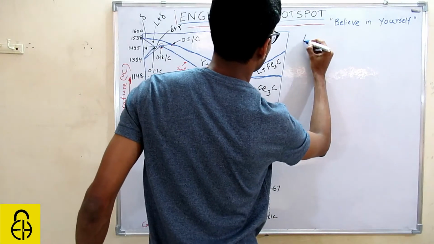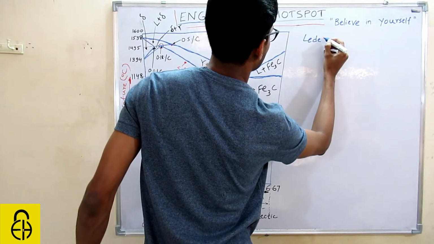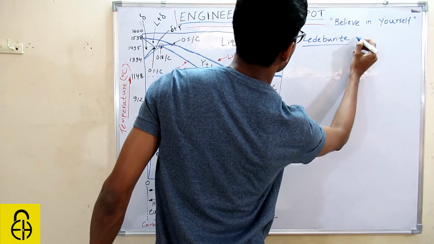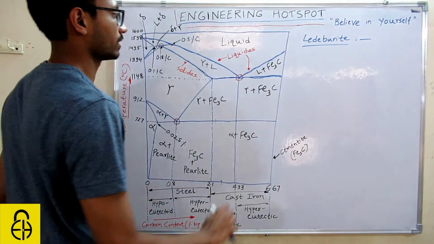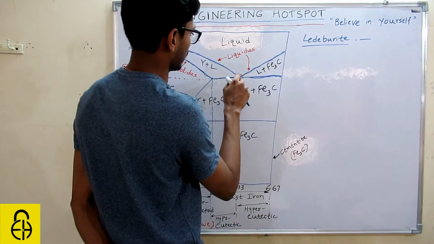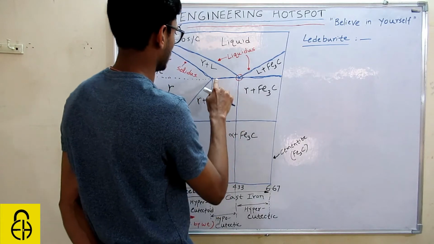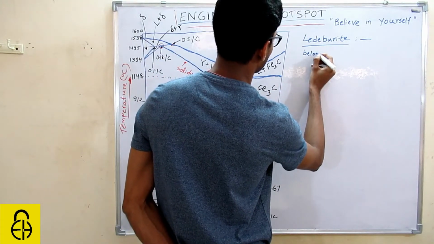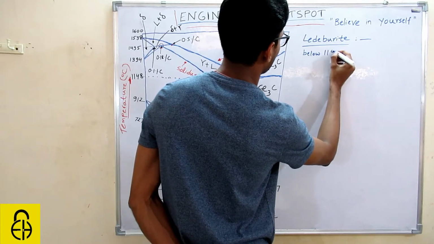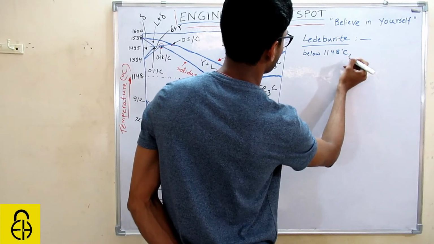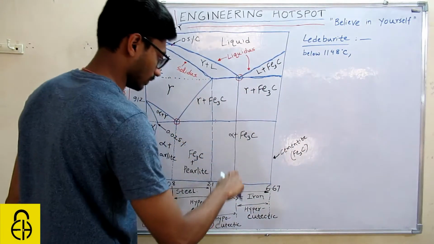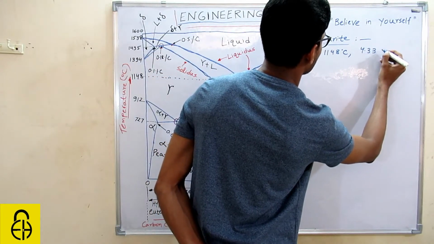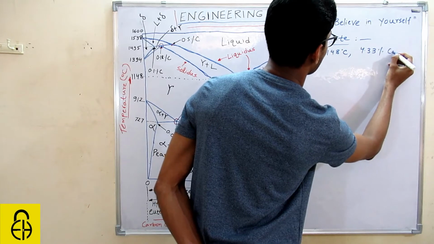Ledeburite. What is ledeburite? Ledeburite is found at this point, okay? Below this temperature. What is this temperature? Below 1148 degrees Celsius, and this is 4.33% of carbon. At exactly 4.33% of carbon,